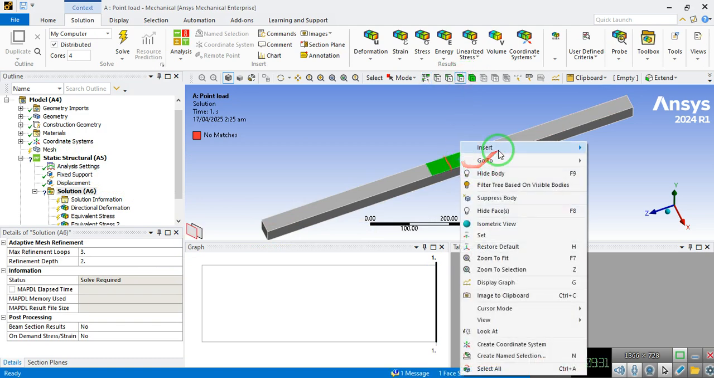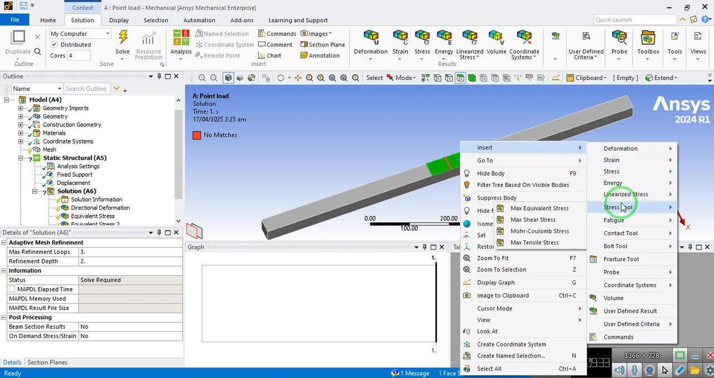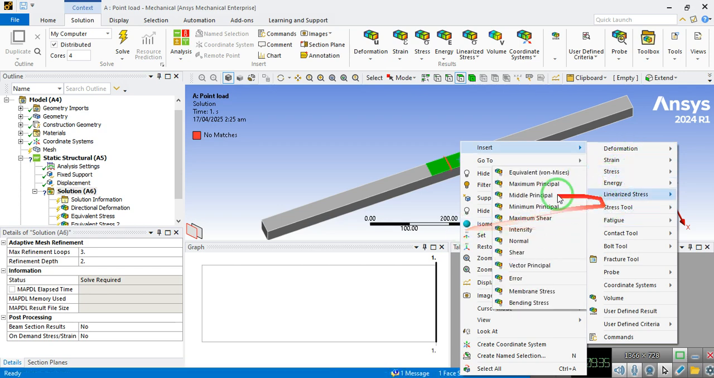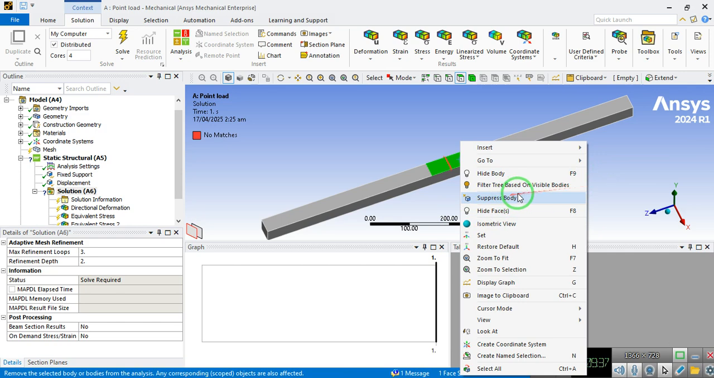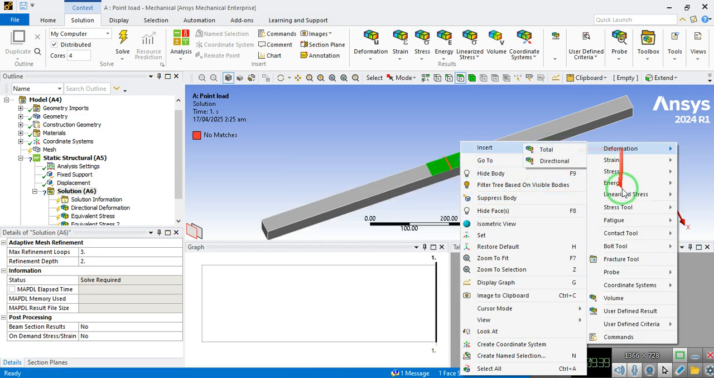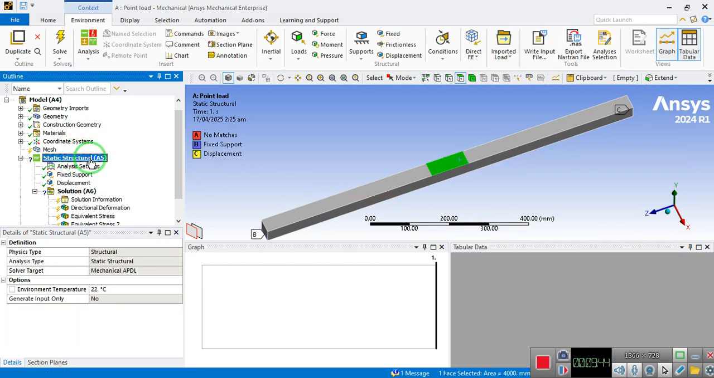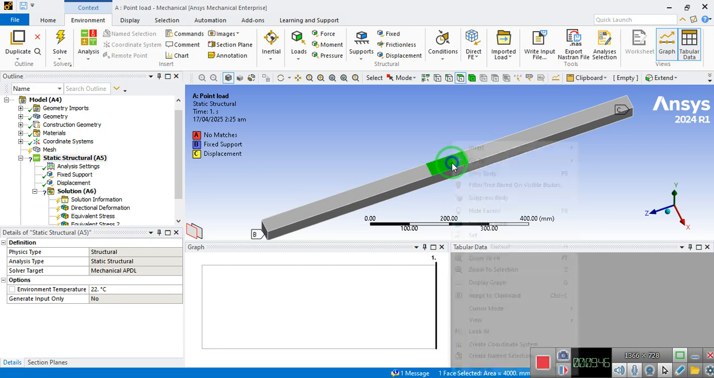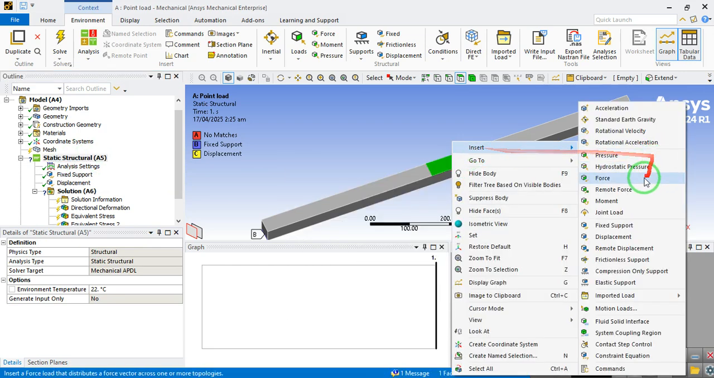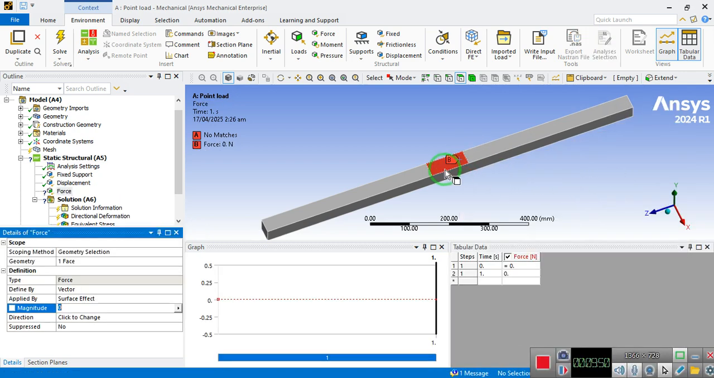right click, insert, and then okay, because I have selected the solution here, that's why in the insert option the menu is different. Okay, so to get the force I need to click the static structure first, and then right click and then insert, and then I can get the force here. So the force I need to apply here, and then again